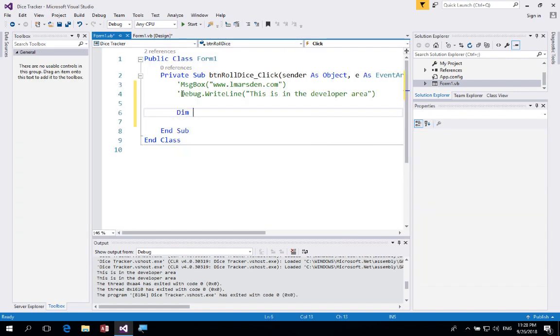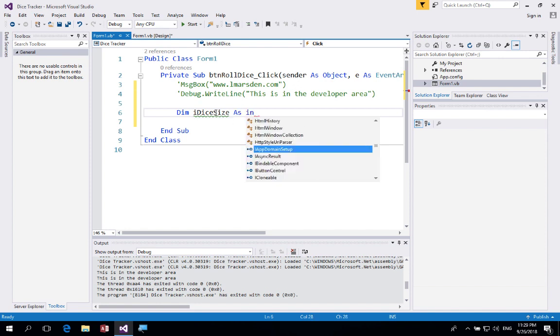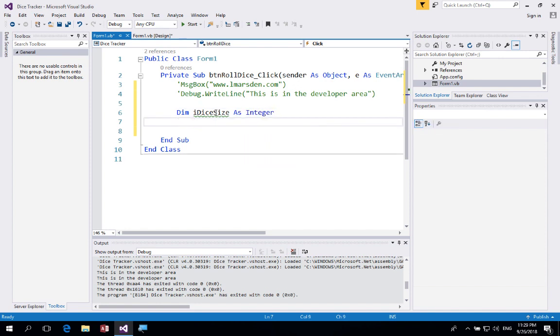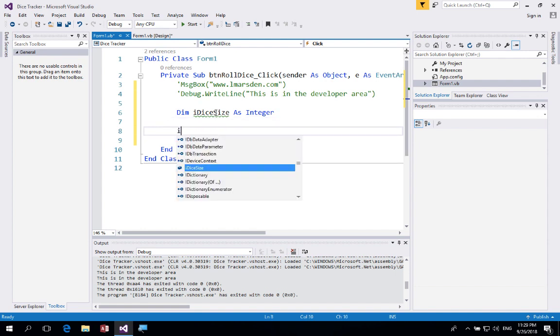So first of all I need to determine in memory iDiceSize. And by using Hungarian notation, you notice that iDiceSize is different to txtDiceSize, and therefore we don't get reserved words being used. And this is going to be declared as an integer. Now that I've declared it an integer, I can make it equal something. So I can go iDiceSize